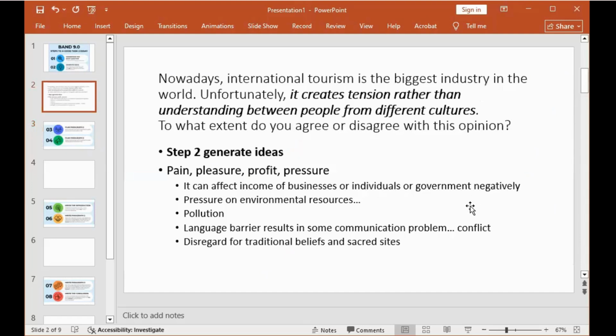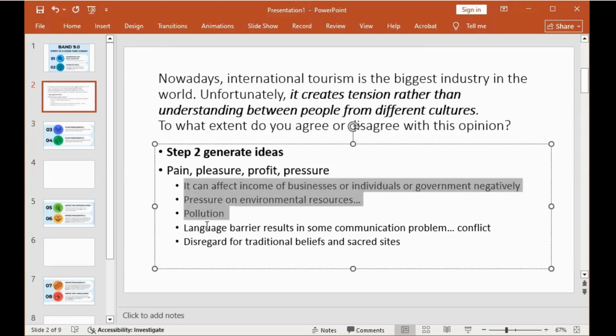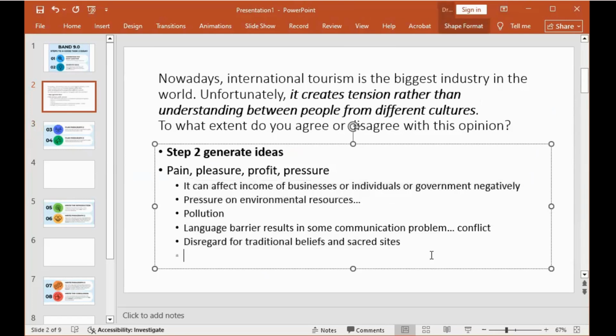So let's look at our list now. Let's look at these 5 points. We have 5 points already now. Let's pick which point are we going to present? Do you want to present in paragraph 2? Which one of these 5 points would you like to present in paragraph 2? I think we should go with the one of income and language barrier.